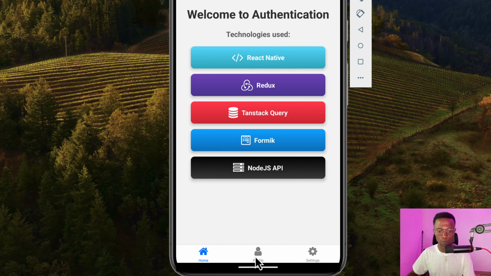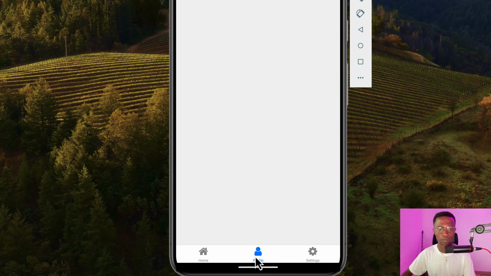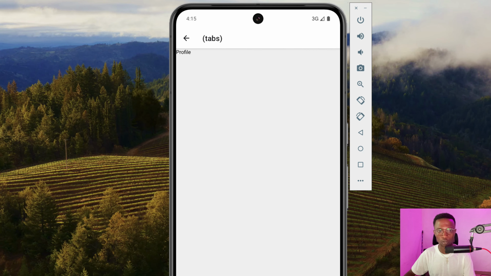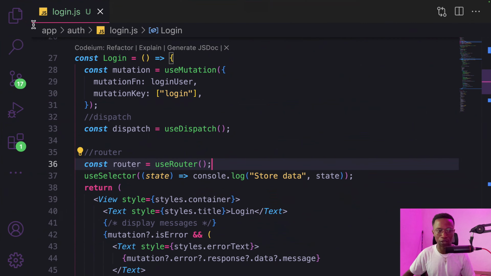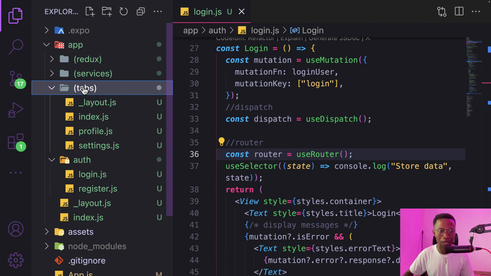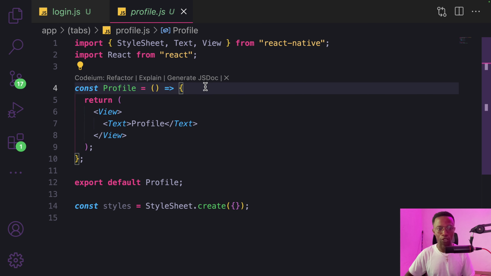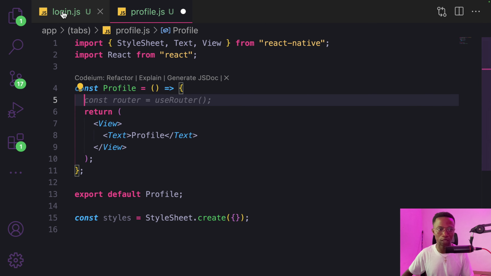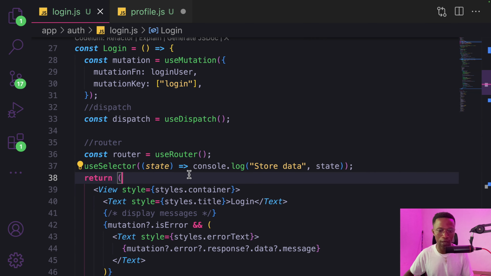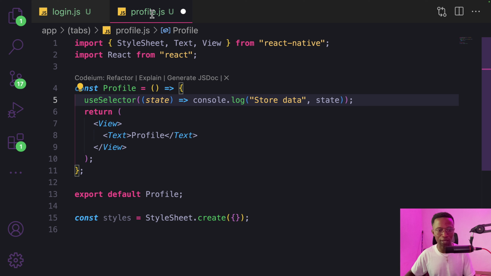So last part is the profile. We are going to fetch or pull the data from the storage and display it here, and this is where we're going to call the action for logging out. So let's continue with the profile. Remember, we are in the tab here and this is the component. So here we're going to get the user from the storage as we did before. So if I come here and then copy this one back to the profile, we are accessing the user from the store. So instead of console.log, I'm going to return by saying